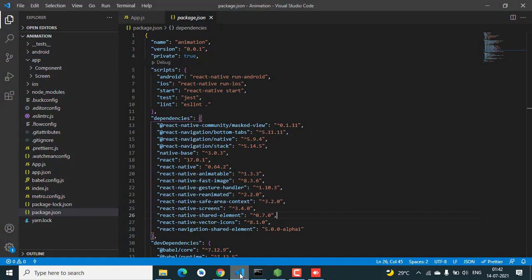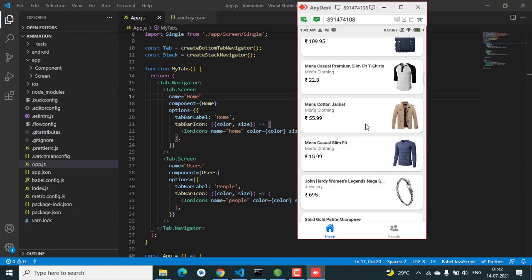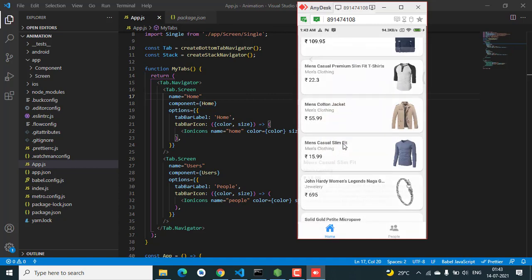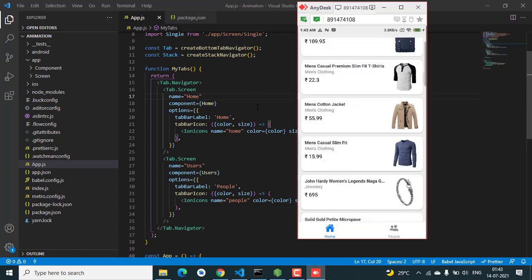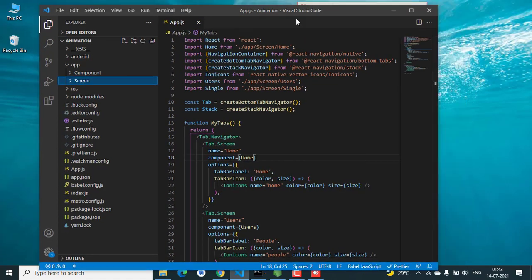So for shared element transition, first we're going to look at this particular screen. We want to animate to the next screen. We're going to start with the image. So the image will animate to this screen. Over here it will animate from the previous screen to this screen. So for that, first we obviously need to install these packages, and after that we're going to, just let me put that side by side.